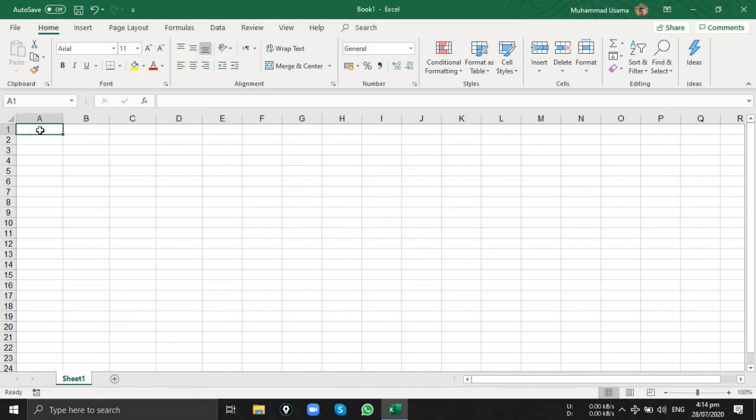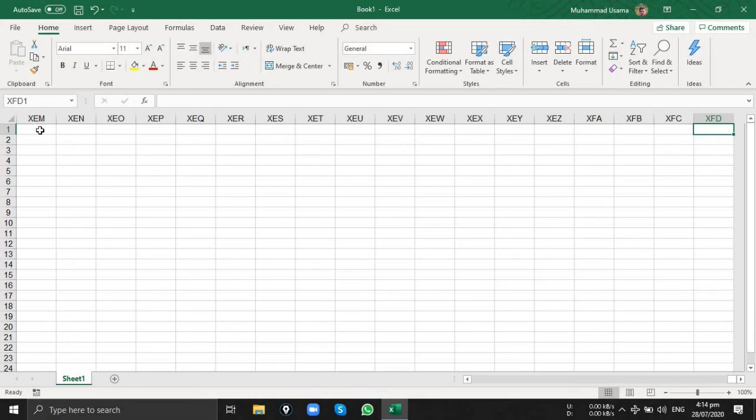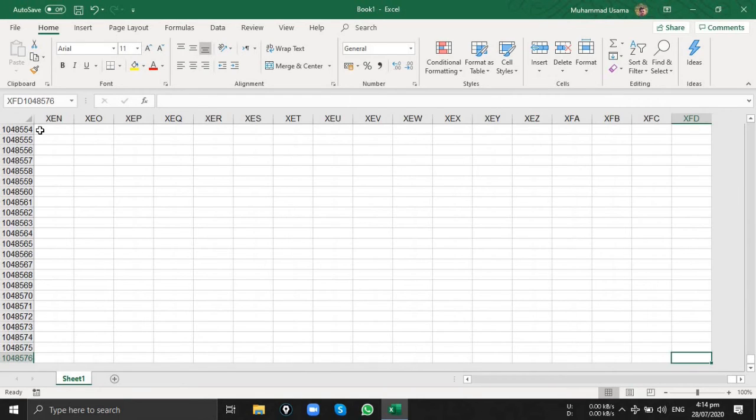Now click on cell A1 and hold Ctrl and then press right arrow key. You will reach the last column. This is XFD. Now hold Ctrl and then press down arrow key. You will reach the last row, which is 1,048,576.